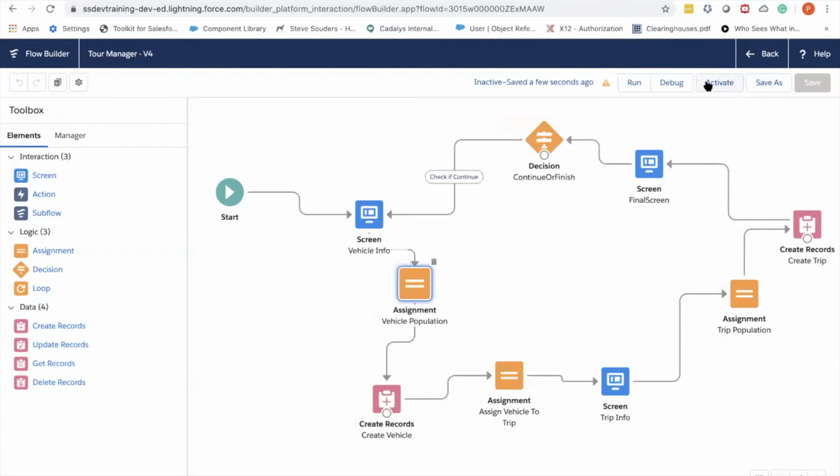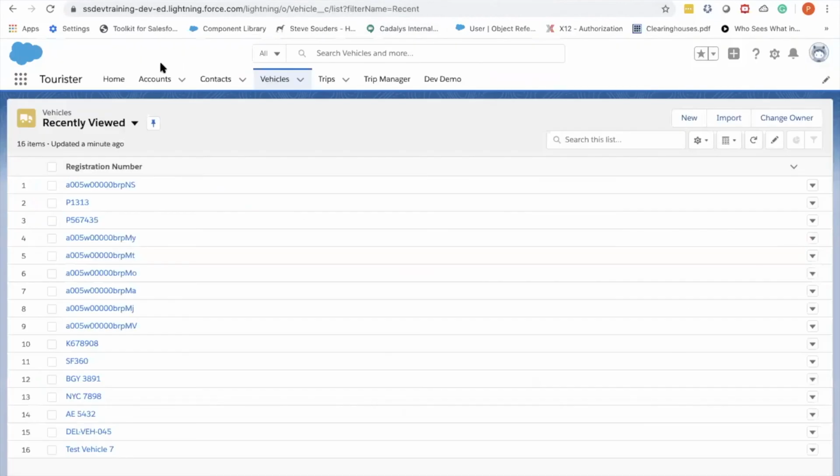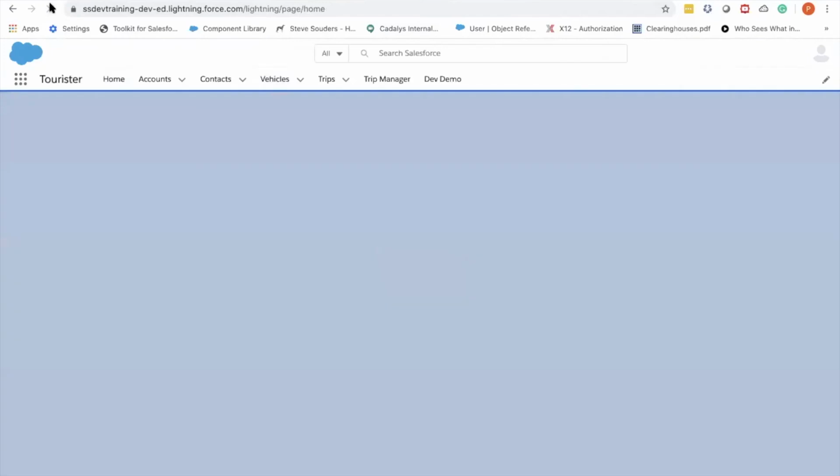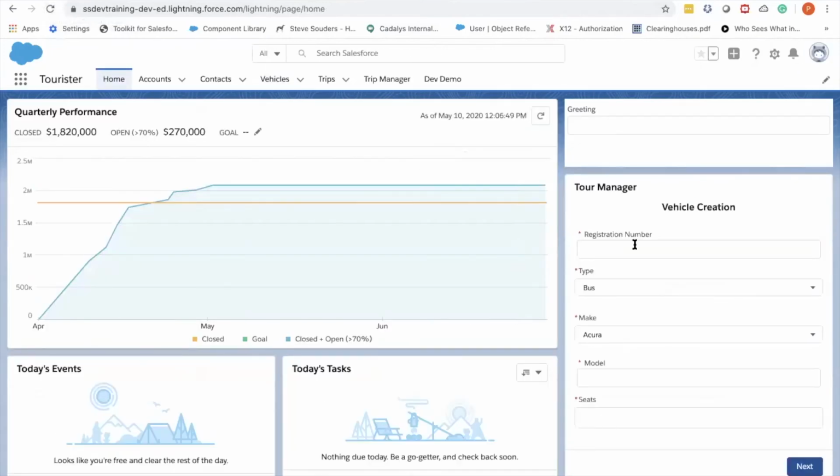I've saved my flow. I'm activating it. Now let me go back to the screen. Let me refresh it once. And you see, without writing a single line of code, I'm able to change my UI through a drag and drop interface. Over here, I can give the registration number details, R, X, Y,